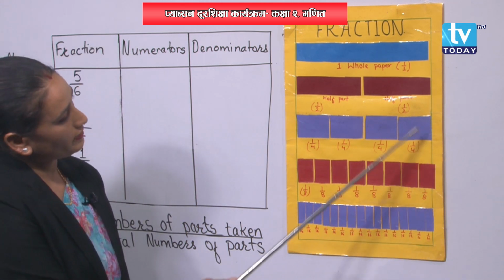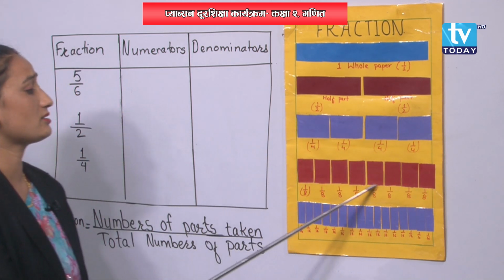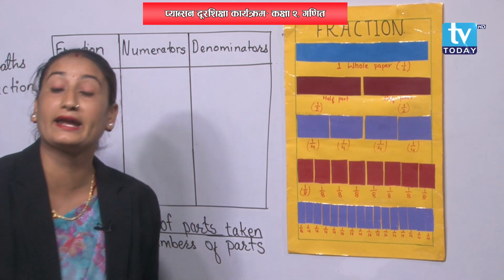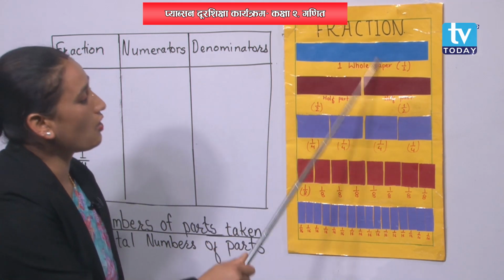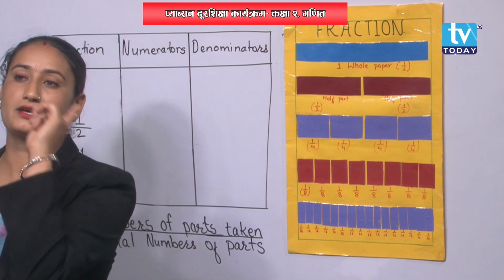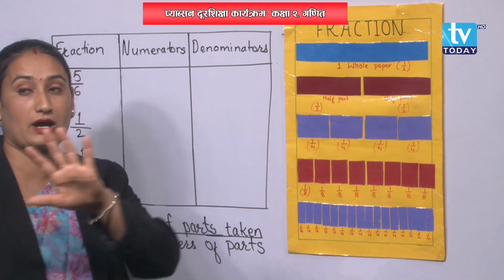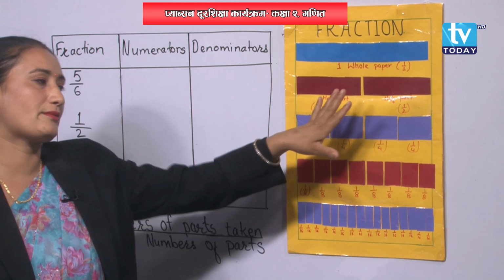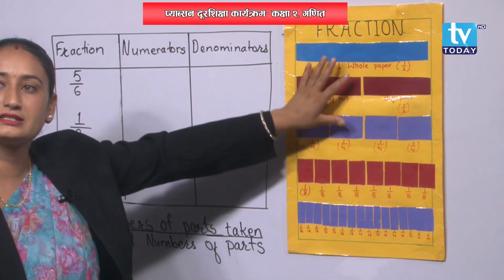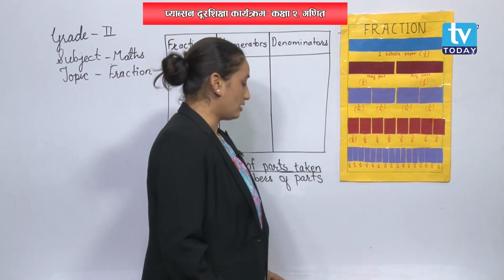And see here students, I have written up here also 1, here also 1, here also 1, here also 1. Why 1? Because we have done all these 3 things from a single paper. I have put colorful paper here because you will get confused with the same paper, right? So I am giving you different colors with the same size. Do you understand? So you can do it from here.